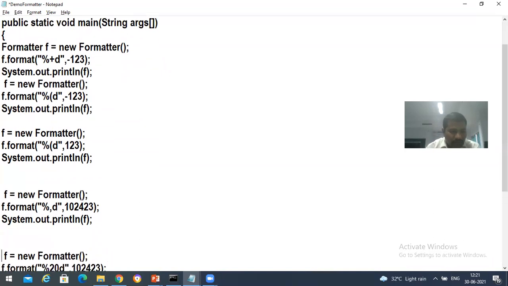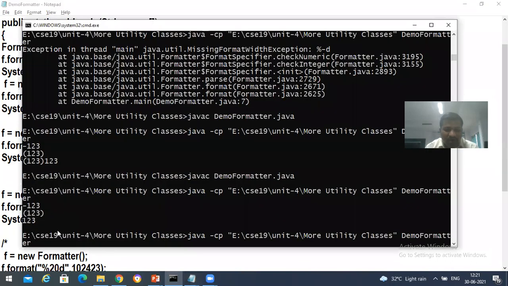Now, if you want to give commas, suppose I would like to print this thing: units, tens, 100, 1000, 10,000, lakh. Generally, for three digits we'll be getting the grouping. So if you want to place the comma, then between the percent and the d we'll take a comma over there. By default, it will take the comma for that particular number.